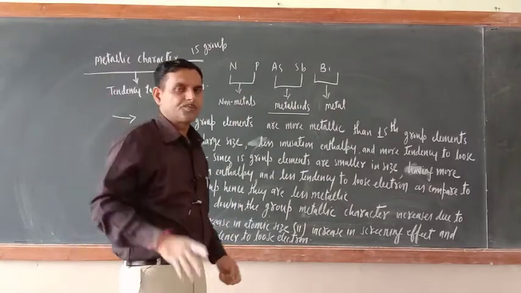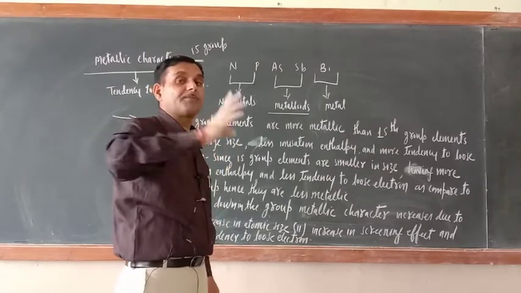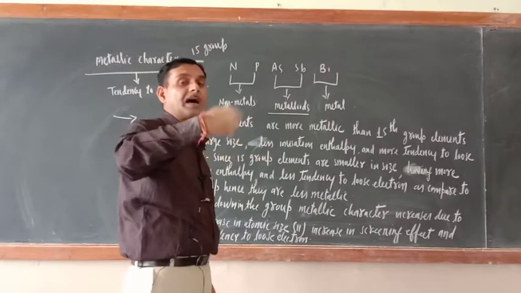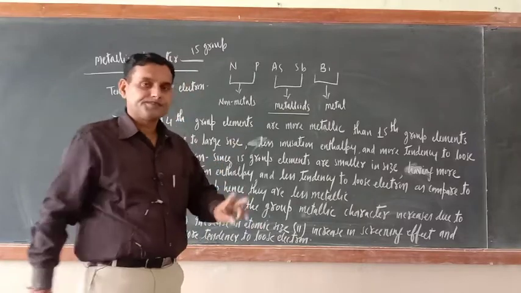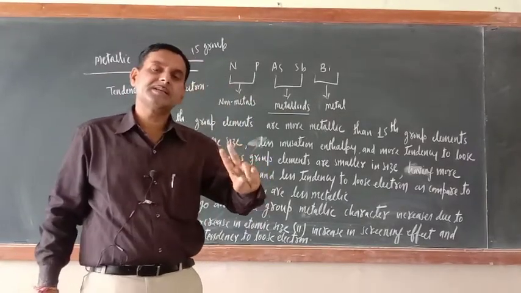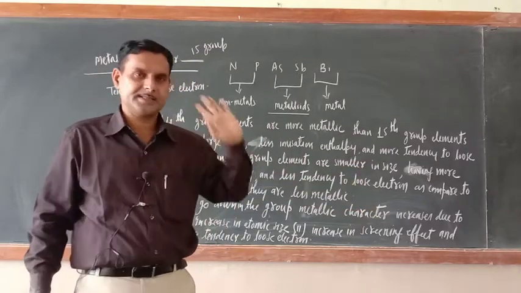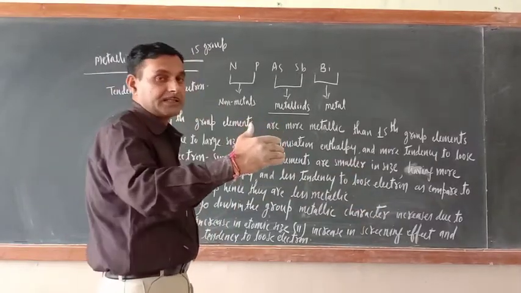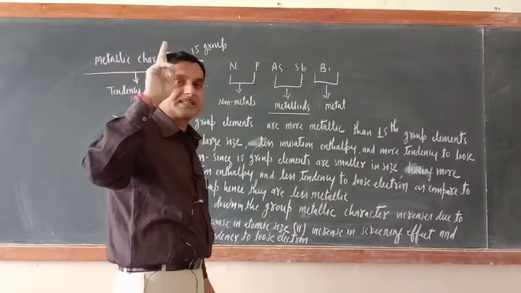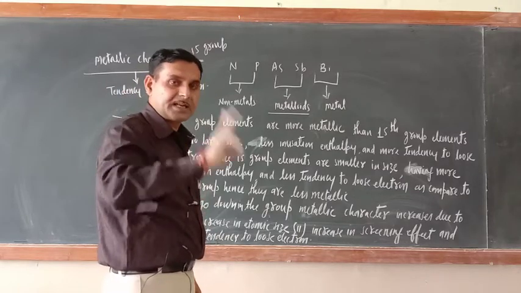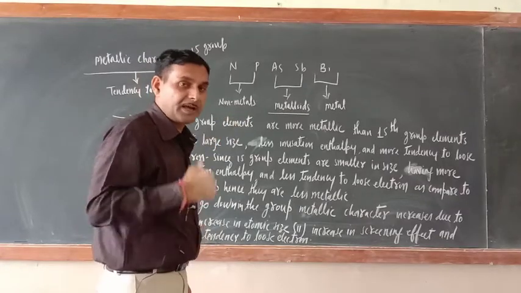Question number 1, what is the metallic property? If we compare the 14th group and the 15th group, which will have more metallic property and which will have less? So remember here, 14th group elements will have more metallic property than those of the 15th group. Why? Just see. The 15th group is coming after the 14th group, so the atomic size of 14th group elements is large. Ionization enthalpy is less. Hence their tendency to lose electrons is more than that of the 15th group. Am I correct or not?